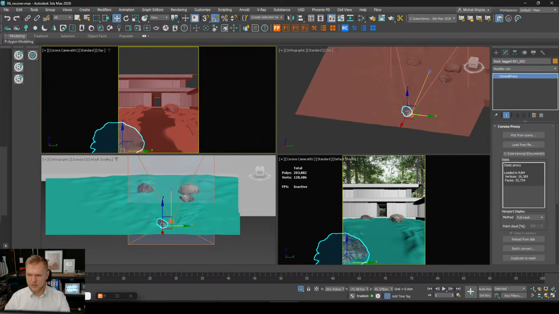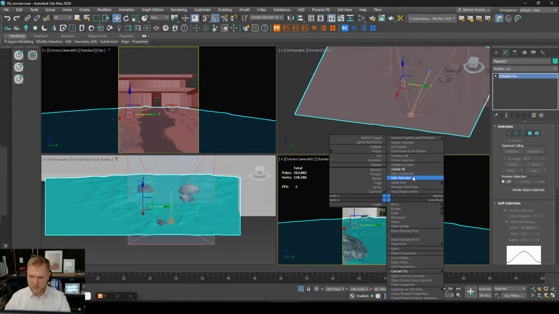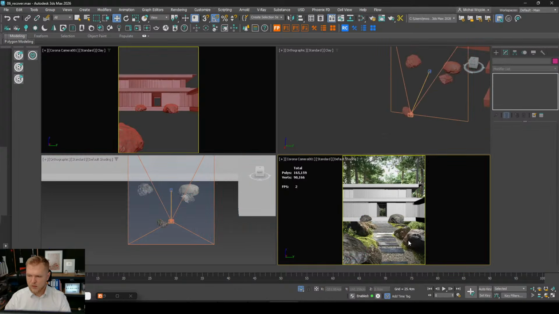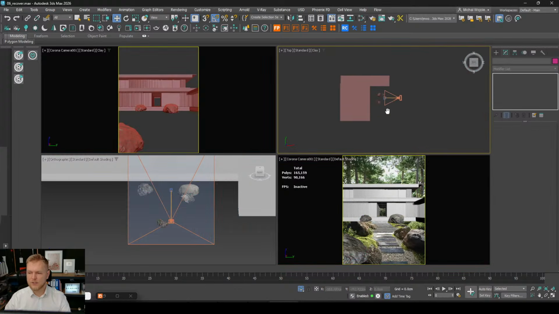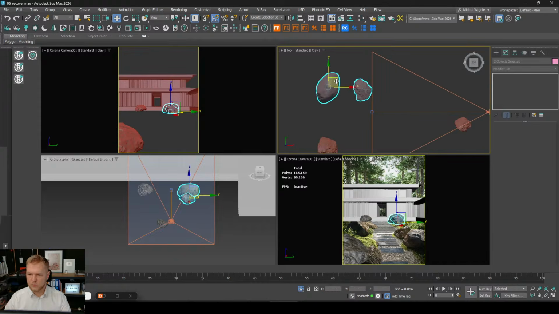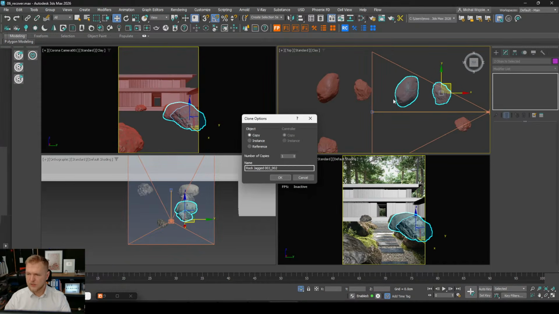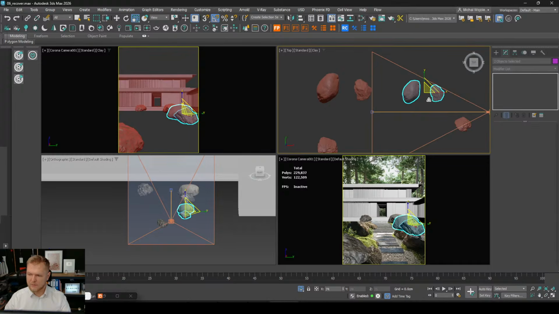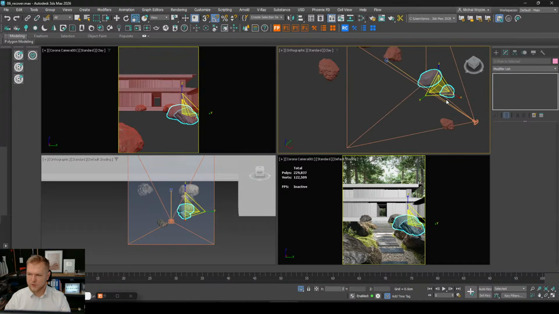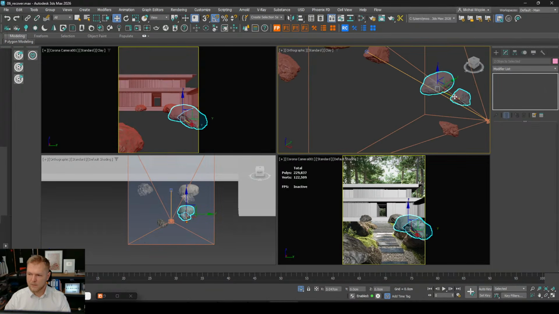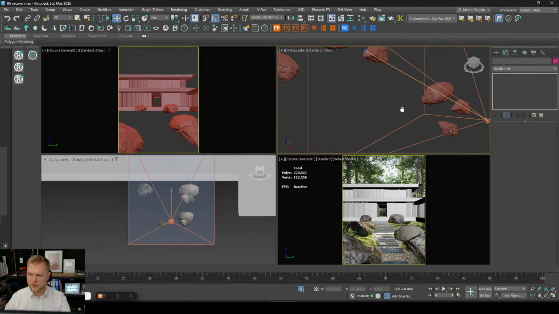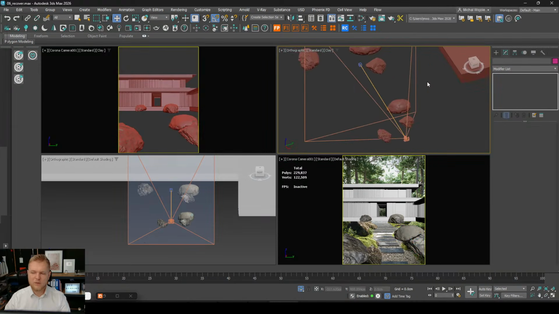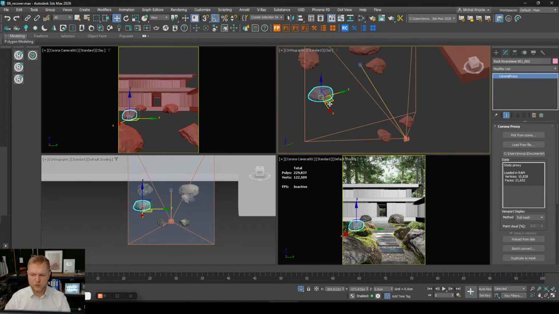So let's go ahead and hide this for a second. Okay, perfect. So it should be easy. We're just going to grab the two, position, scale them down, and reposition them so that they fit the ground a little bit better. Again, we're going to be positioning those rocks not really paying attention to those organic